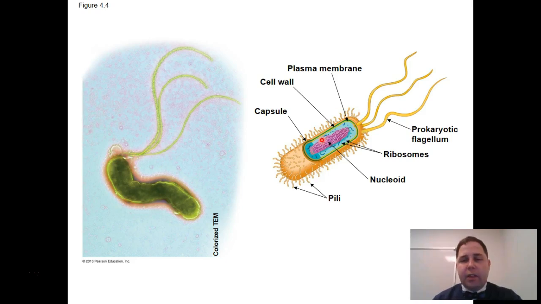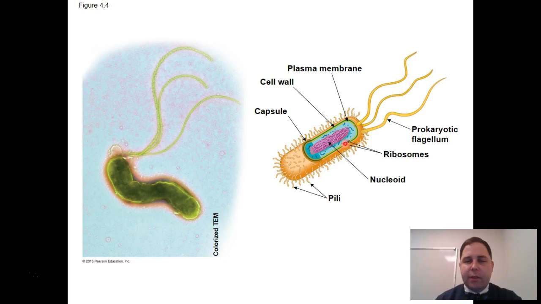A prokaryotic cell is also going to have a nucleoid region, which is just a place where DNA is found inside of the cell. So this purple block is just DNA. And we call the region where that DNA is found a nucleoid. This is not like a eukaryotic cell. It's not bound or contained by anything. It's just free-floating. So we're going to have a plasma membrane and DNA in all prokaryotic cells.